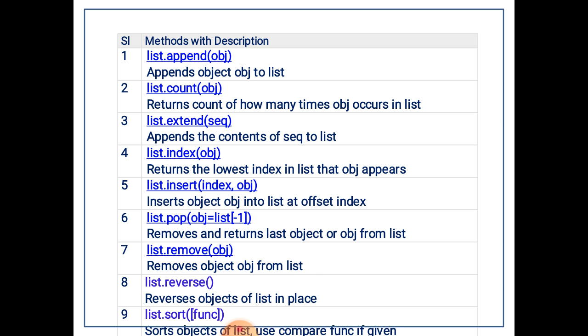Places are only changed here in reverse. The list.sort function sorts the objects of the list, where the compare function is also given here.